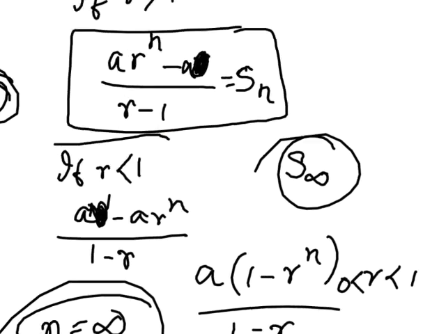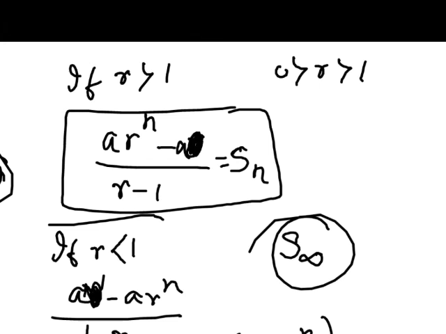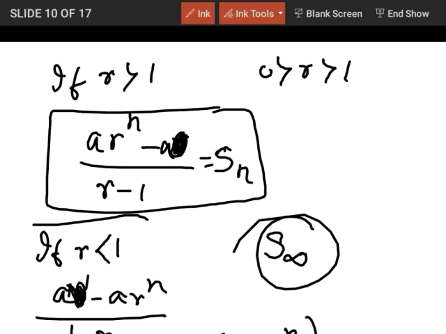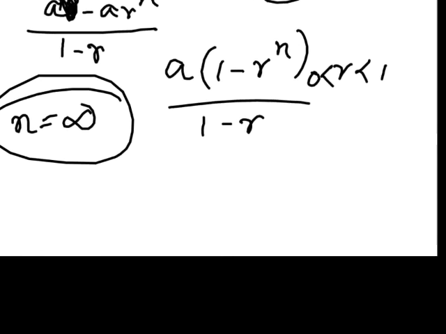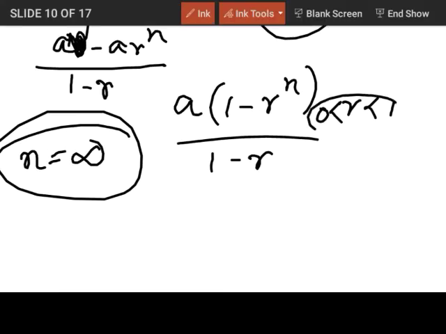Okay, I again forgot to tell you one condition, that r is greater than 0. Sorry, in this case there will be no, but r is less than 1 but greater than 0. It has to be greater than 0. Okay, this condition, remember. So if n is infinity, then see, this term